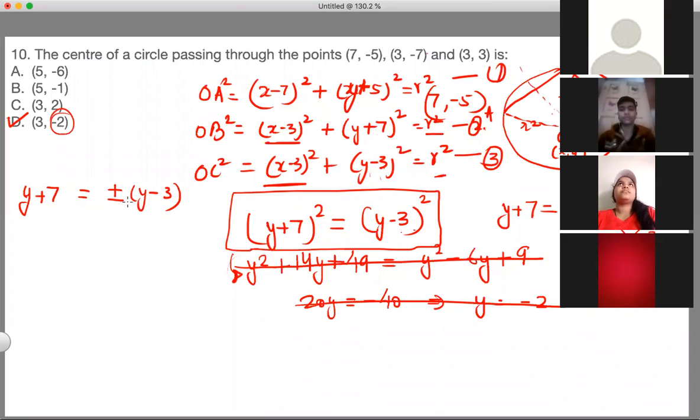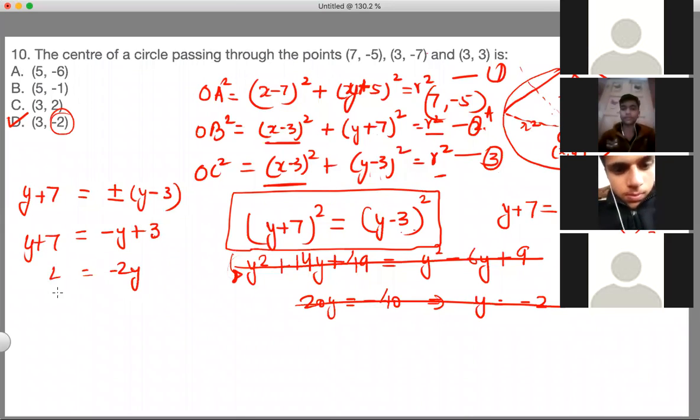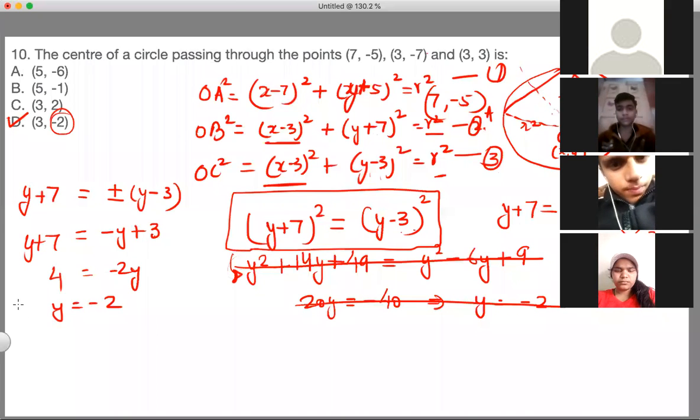Okay, so हम यहाँ प्लस माइनस ले सकते हैं। प्लस लेंगे we don't get the answer, but if we take the minus sign, okay, we will get the answer. Okay, so but just to be on the safer side, you can expand and solve. वो थोड़ा टाइम कंज्यूमिंग जरूर है, लेकिन शॉर्ट आंसर है।